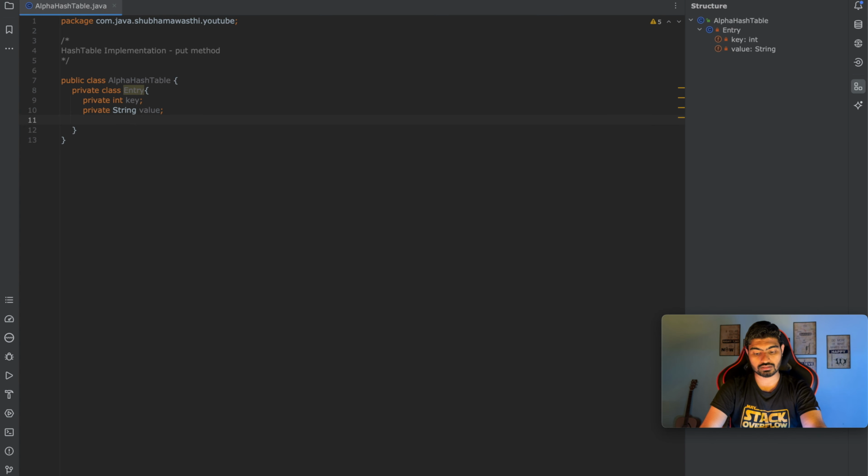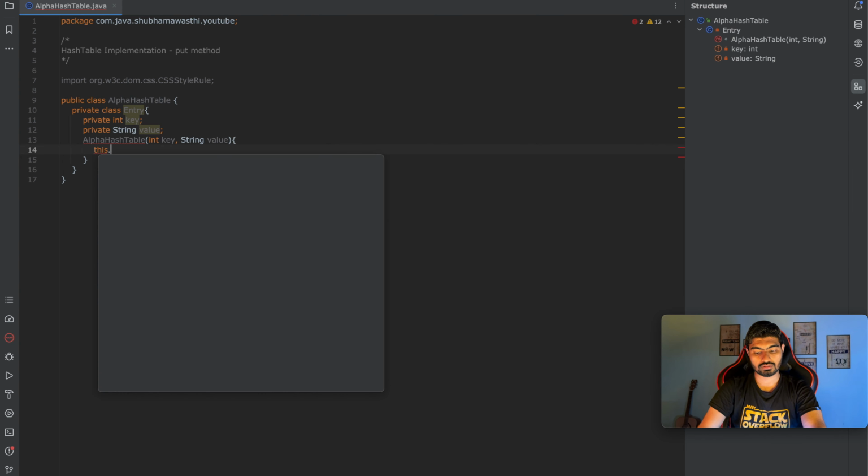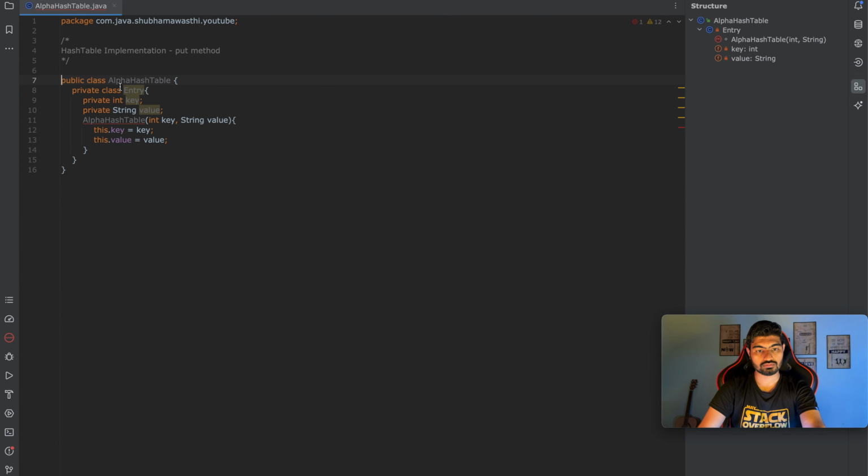Let's add a constructor there. Int key, string value. this.key is equal to key and this.value is equal to value. Now that this should be Entry. So now that we have an Entry class, right,